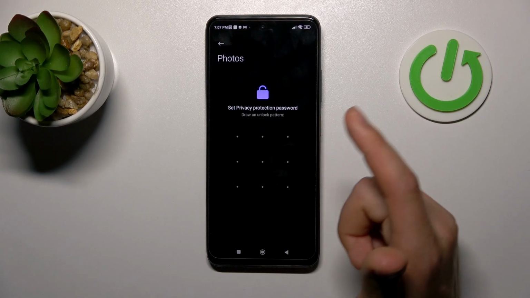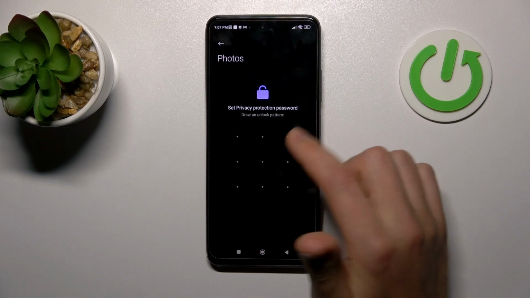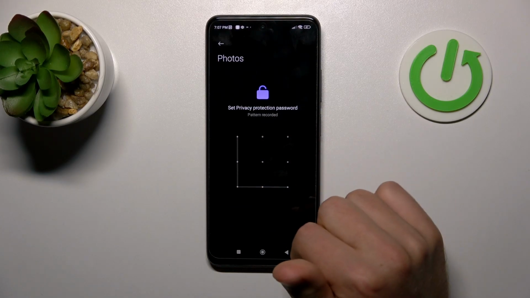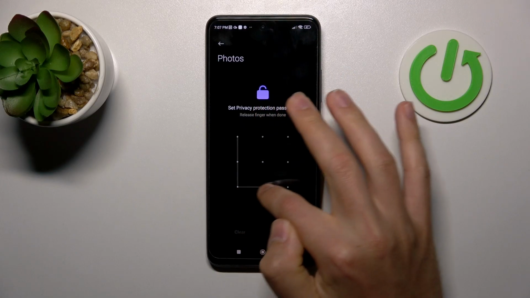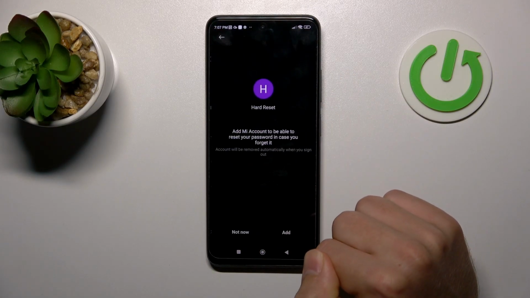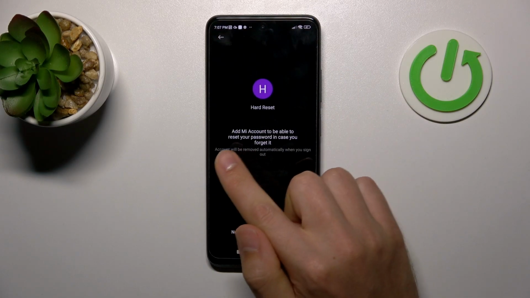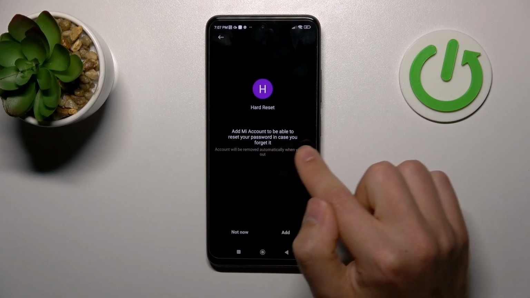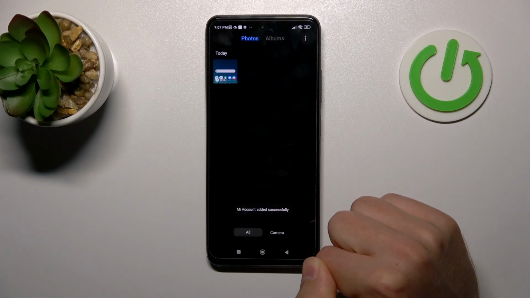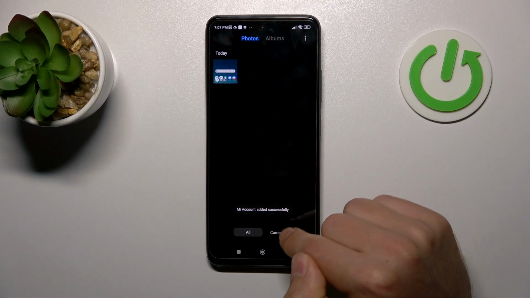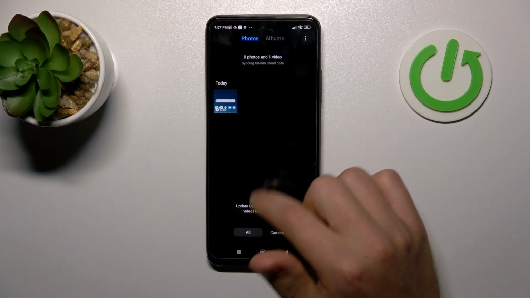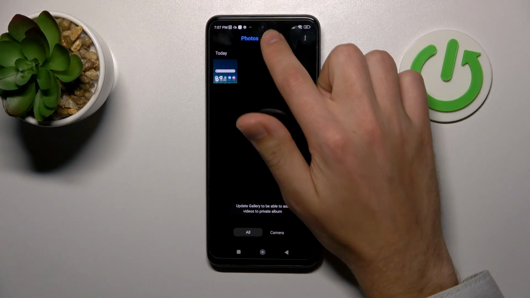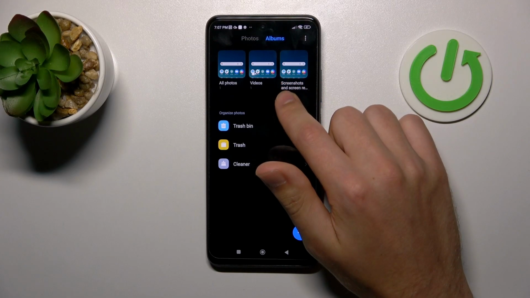So now we need to set up a privacy protection password, maybe like this. And once again, tap next. Add me account to be able to reset your password. Okay. Add. And now we don't have this video here, so go into All the albums and press and hold